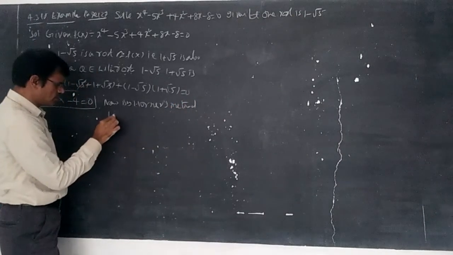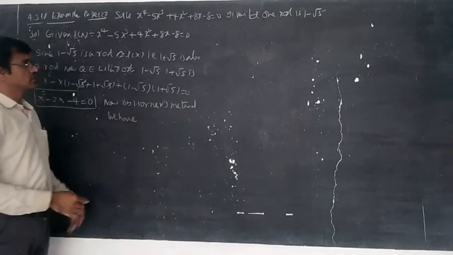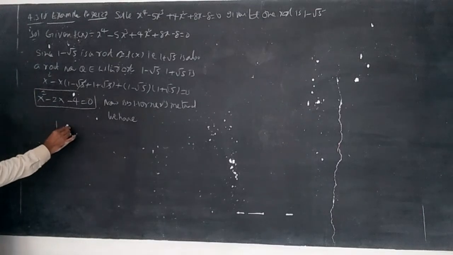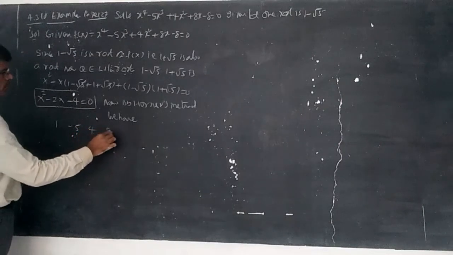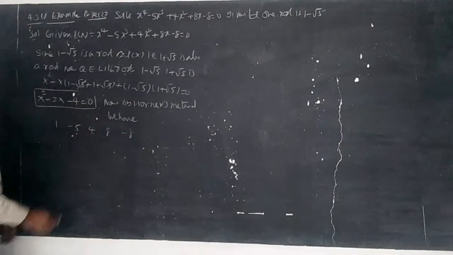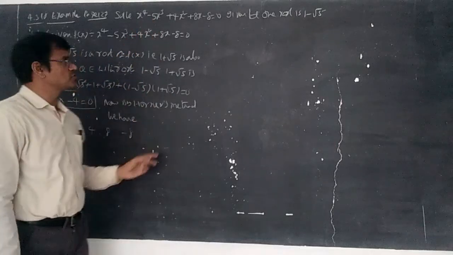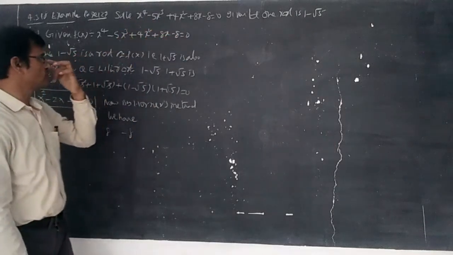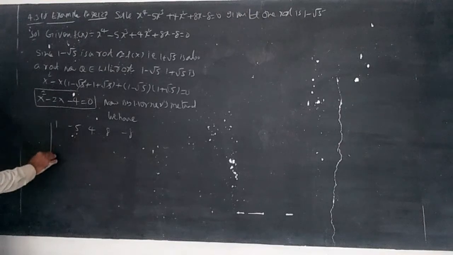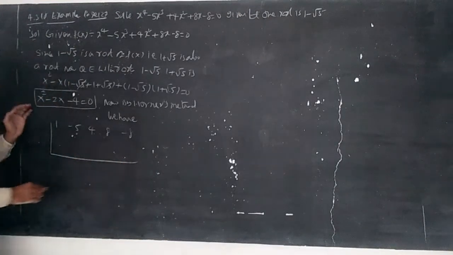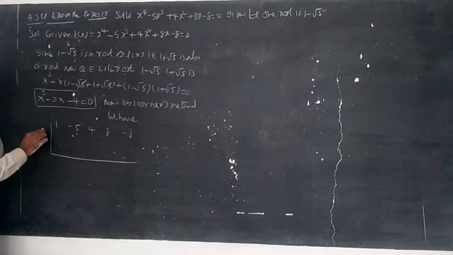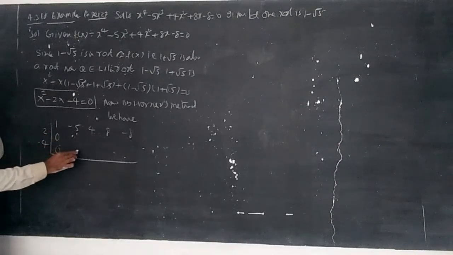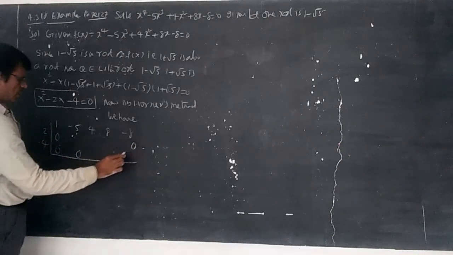By Horner's method, I mean the synthetic division method, you write 1, minus 5, 4, 8, minus 8. If any coefficient is missing, then you put 0. These are the coefficients of x⁴, x³, x², x and the constant: 1, minus 5, 4, 8, minus 8. We are dividing by a quadratic. You put here, if it is minus 2, you put 2, and if it is minus 4, it is 4. Put 0 in each of these places. This is the triangle method.